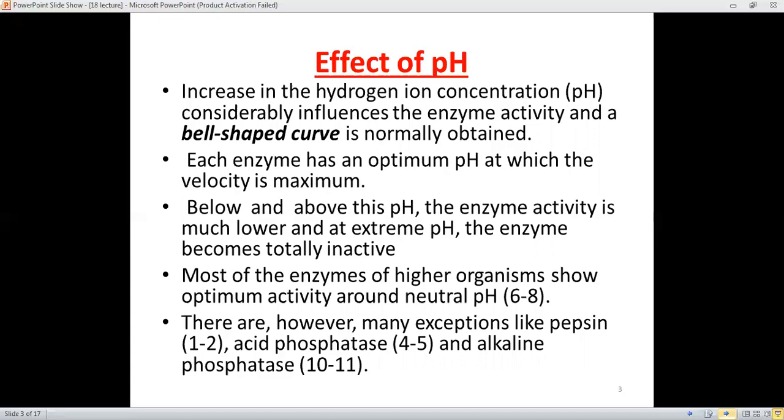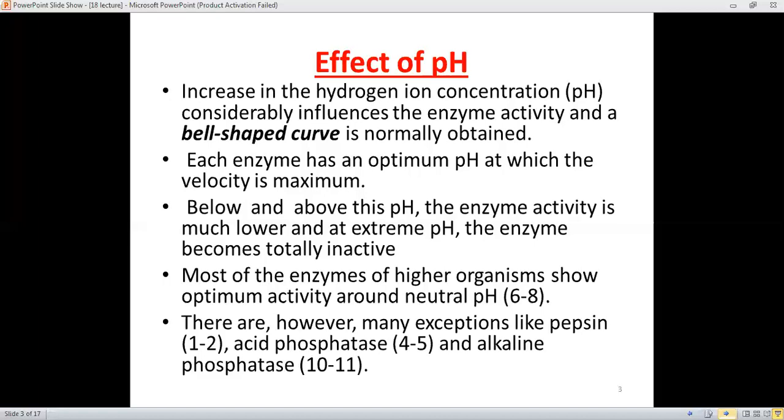In that, the bell-shaped curve is also obtained at a certain limit of temperature, and just like temperature, at a certain pH value, there is a direct relationship between the pH value and the